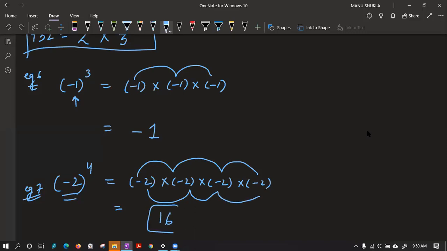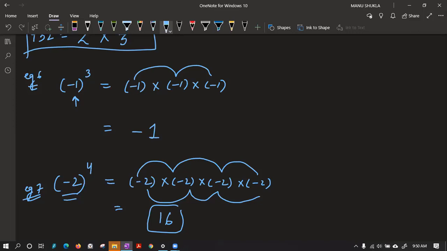Mokshita, answer is positive, not negative, beta. You have to understand the rules will remain same. Whatever you have learned in integers chapter, that will remain. When there are even number of negatives getting multiplied, they become positive. When there are odd numbers of negatives getting multiplied, they will remain negative. Mokshita, now it is correct. 16. Karthik, Kaushik, beta, what is this minus 121?